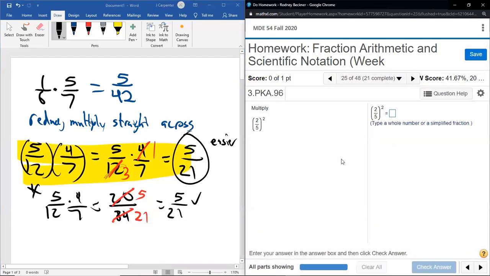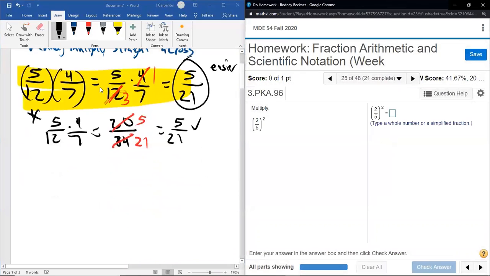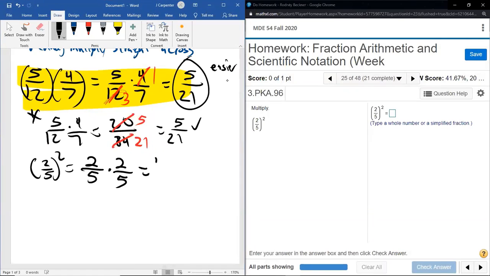Next question. Exponents with fractions. So 2/5 squared, when you have an exponent, like a 2, that just says to take the thing and multiply it by itself that many times. So we take 2/5 times 2/5. A lot of people think it's a lot harder to deal with exponents and fractions. Quite honestly, it's as simple as multiplying because it's quite literally multiplying. So that's just 2 times 2, which is 4, and 5 times 5, which is 25,